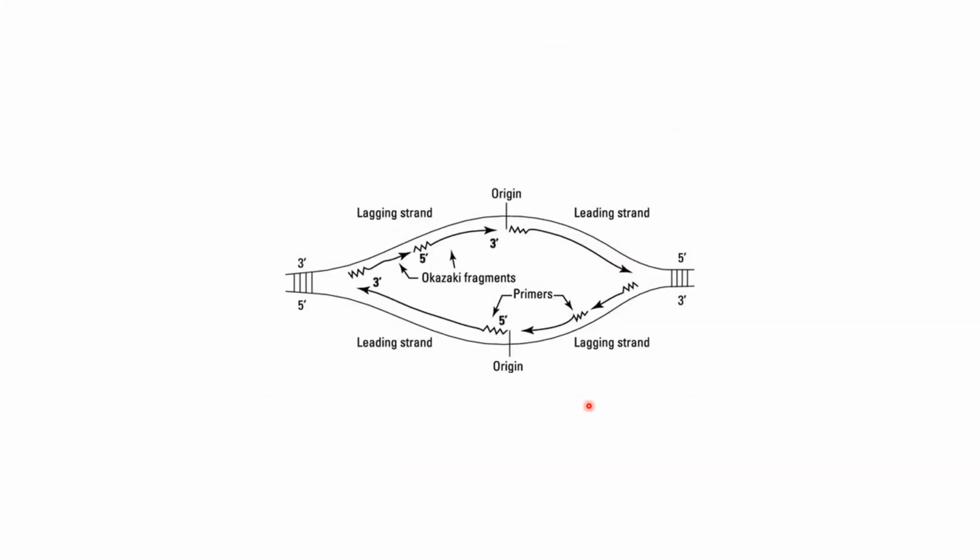Here in this picture, I have shown the Okazaki fragments, which are short fragments starting from a short RNA primer, and then further short Okazaki fragments following the original template of the parental DNA, while these are the long and continuous strands which are called the leading strands. So when Okazaki fragments are joined together, they form a lagging strand, while the leading strands are continuous and their synthesis is from 5' to 3'.